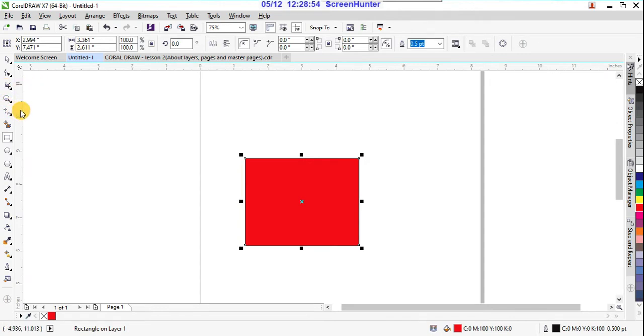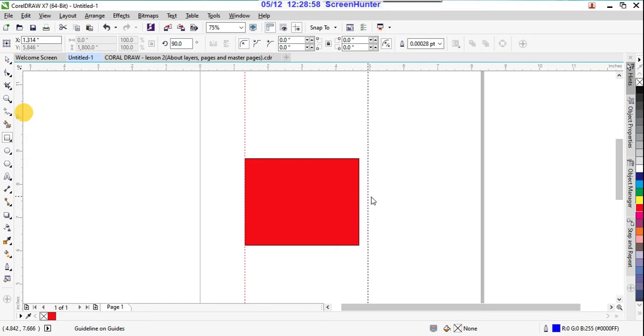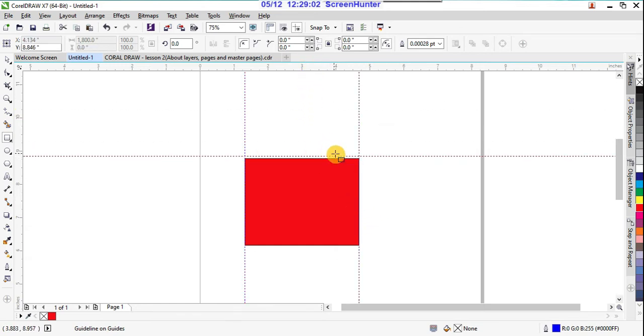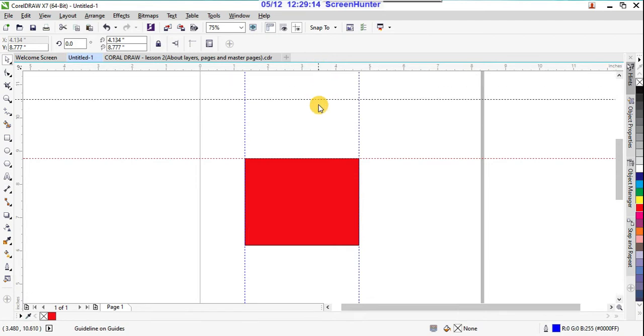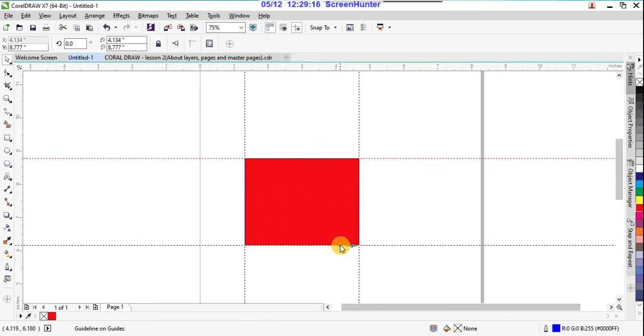To align both sides vertically or horizontally, we use these guides. You drag from top to bottom and keep it here. The same way here, the guides are also there.